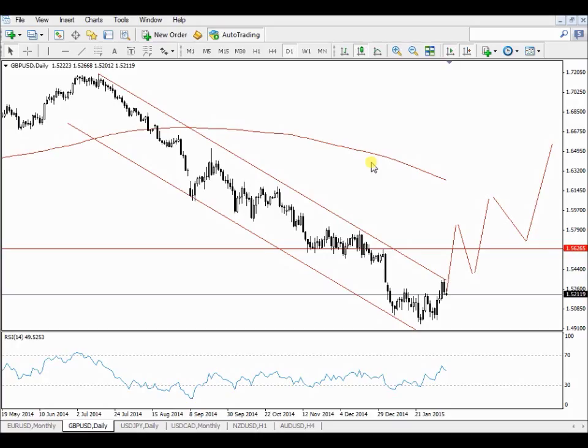Bongani, I'm not a fan of moving averages. A moving average is a lagging indicator. In other words, you can see in this market, the market is coming down in a channel, and that 200-day moving average is there at the top. So it doesn't help me much. There's too much space between the moving average and the price. I use price patterns like the head and shoulders pattern, double tops and double bottoms, and I also use candle information. I will go through candle information now. That is very important, and I will also use it as my indicator is telling me.